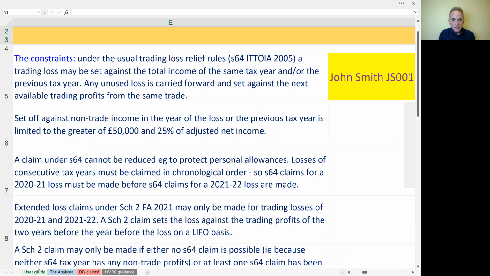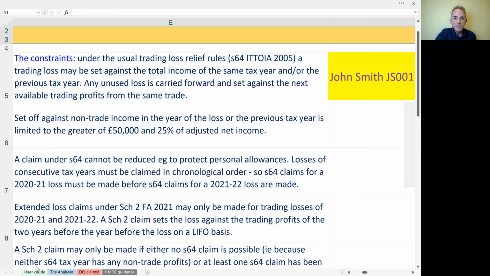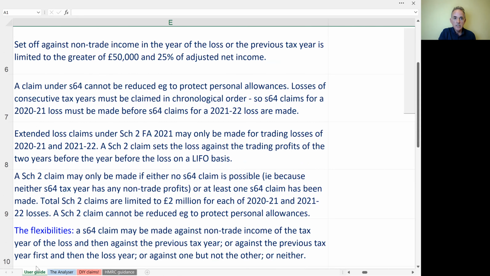As I've said, you can't reduce it to protect personal allowance, etc. Losses of consecutive years must be claimed in chronological order for section 64, so 2021 before 21-22. But then for extended loss relief, that's not the same rule. An extended claim may only be made for trading losses of those 2 years, and that then goes against the